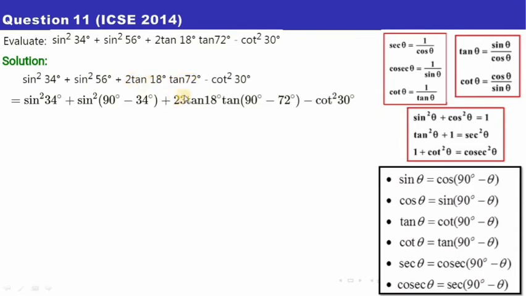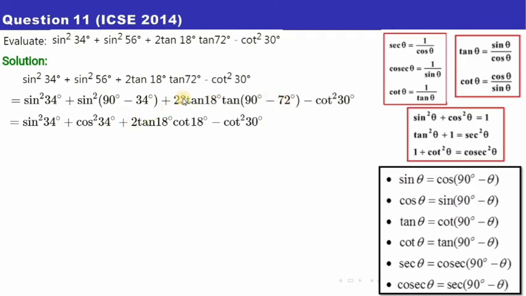This is just 2, okay, this 3 is not there, so tan 18 degrees here. This 72 degree can be written as 90 minus 18, I'm sorry, so there has to be 18 here. Okay, so you know sine 90 minus theta is cos theta, so this becomes cos square 18 degree. Okay, so this part is cos square 18 degree, and as I said, this is 18 degree, so this 2